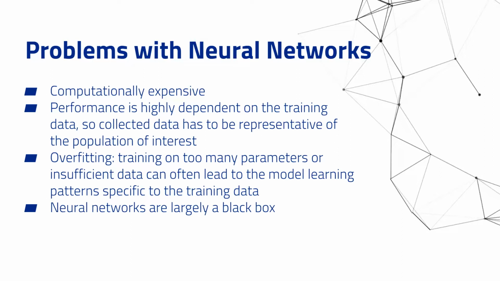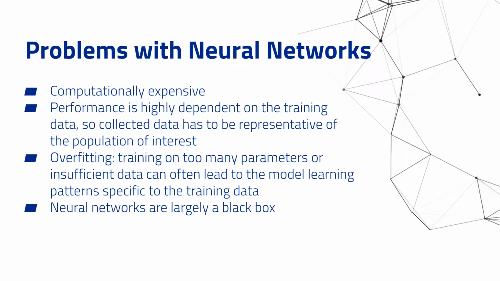Here are also some problems with neural networks. Aside from being a black box that's very hard to picture, it's very computationally expensive. We can imagine these neurons passing on information from one layer to another. There can be a lot of neurons in one layer, a lot of layers, and even more connections between layers. That requires a lot of computing power, and that's why we say it's computationally expensive.